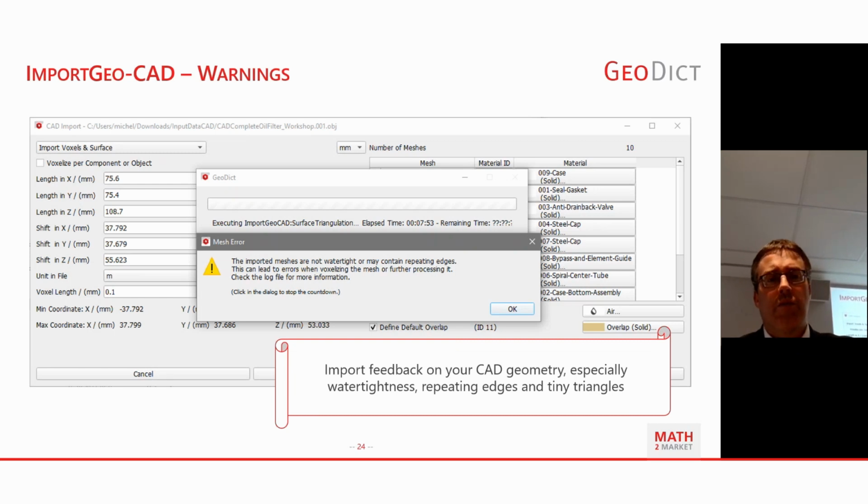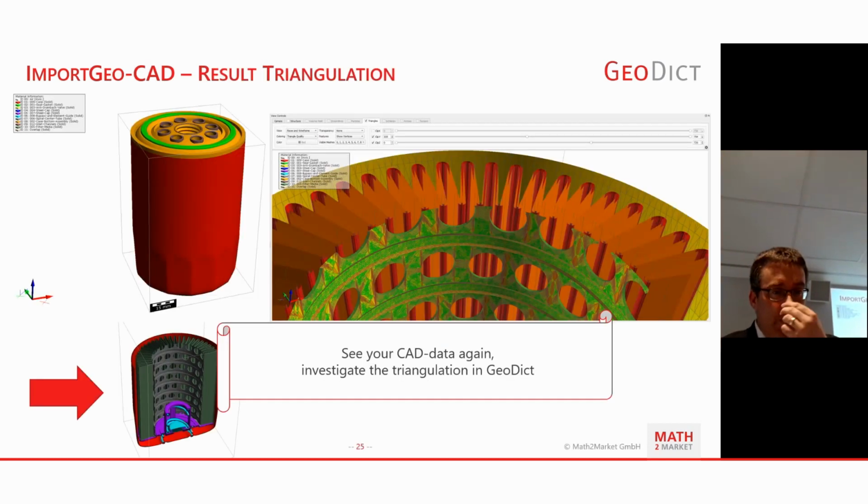Some things don't matter. It warns here, for example, that this may have certain repeating edges, but I actually kept some of the artifacts on purpose here. So from there, we are back in the Geodic viewer, and for the triangle